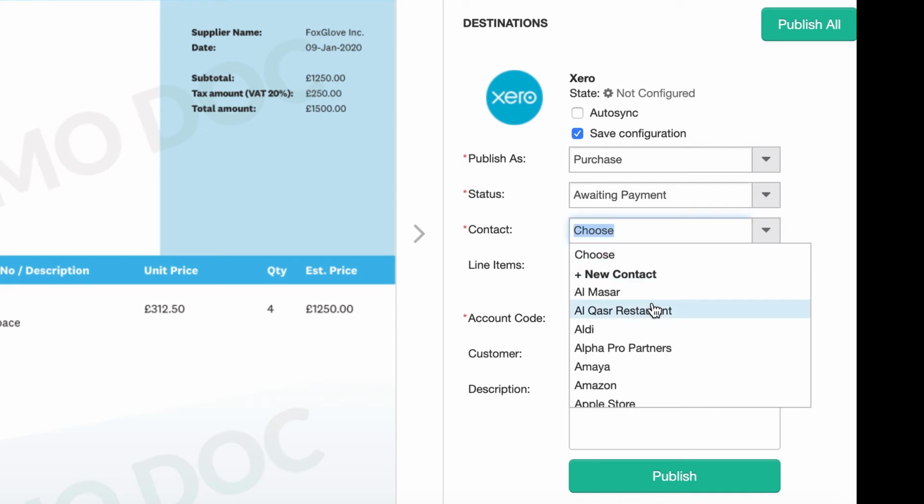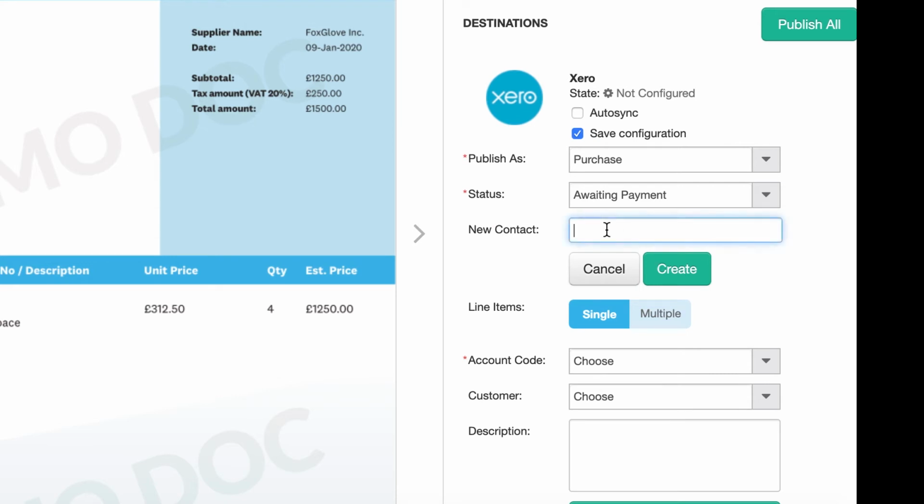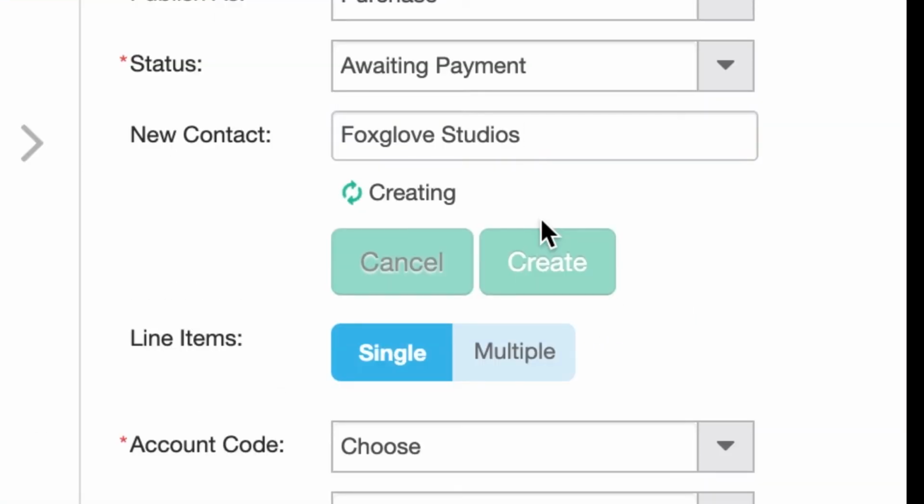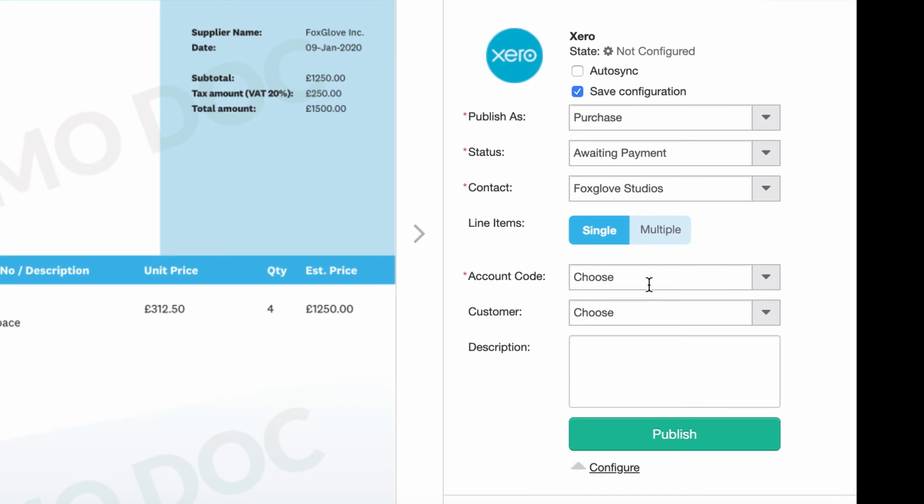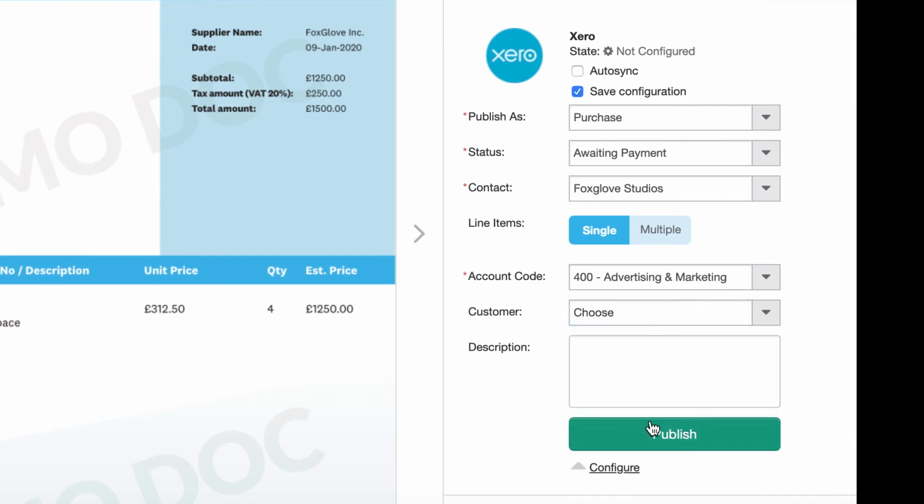You select the contact, so if you don't have Foxglove, for example, you can select a new one. So I will select Foxglove Studio, and this obviously synchronizes automatically with Xero, so it will create this as a contact in Xero as well. I'm going to put advertising and marketing, for example. I'm not going to put a customer here, and I'll just put here rental space